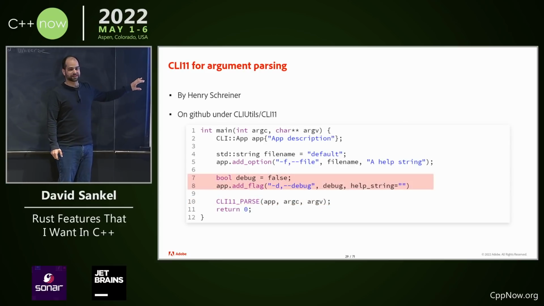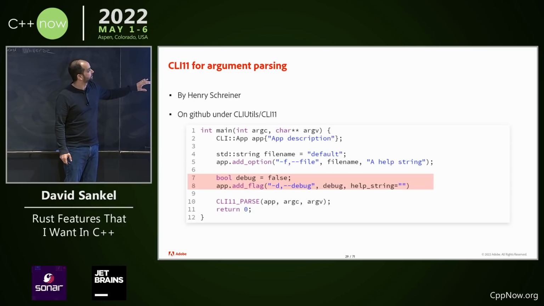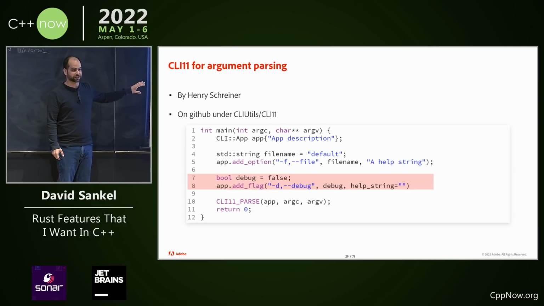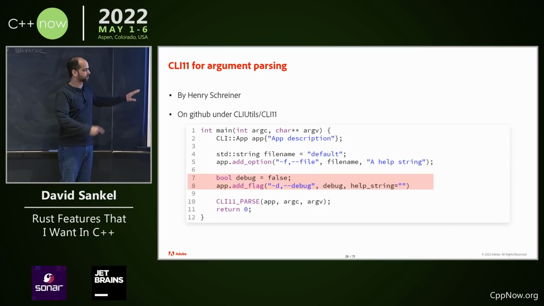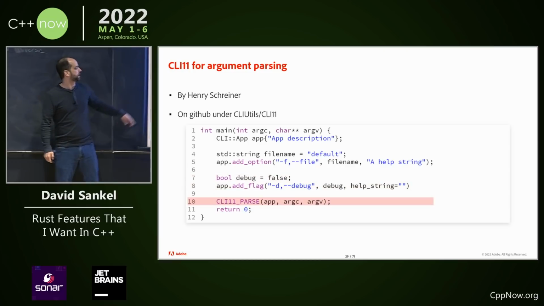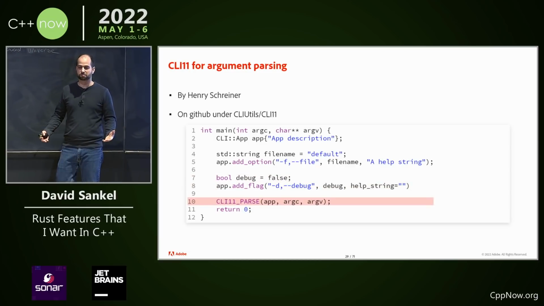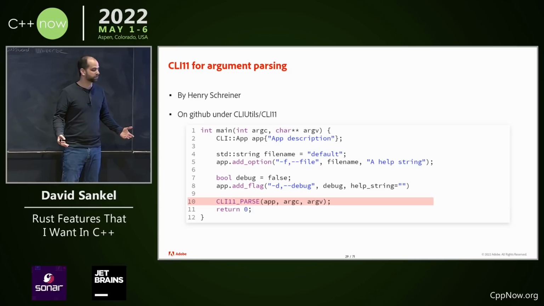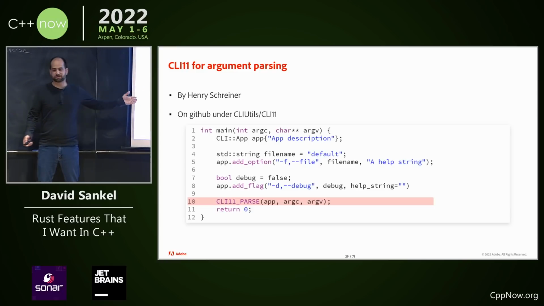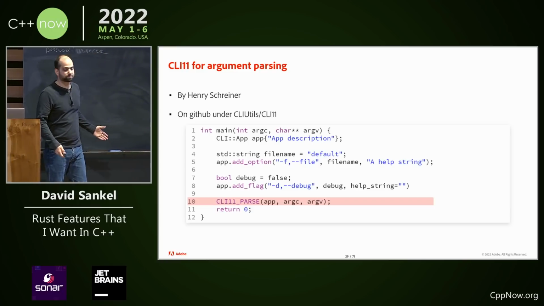This I copied and pasted from the CLI 11 example, and just keep this in mind because we're going to talk about something later on that's going to be very apropos to that bug. Anyway, they created some kind of a macro because people feel uncomfortable with try-catch blocks. I don't know why, but anyway, you don't have to use a macro, but this is their example.